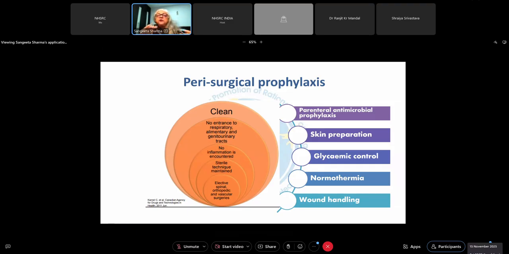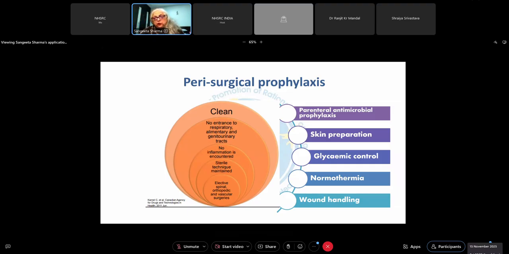Many times I've seen clinicians, when they are on rounds, examine the wound dressing of a patient. Of course, there is sharing of beds, and without washing hands, they examine the wound of the other patient. So that's how we are transmitting these. So just don't depend on the antibiotic. Look at these aspects as well, how the wound is being handled.